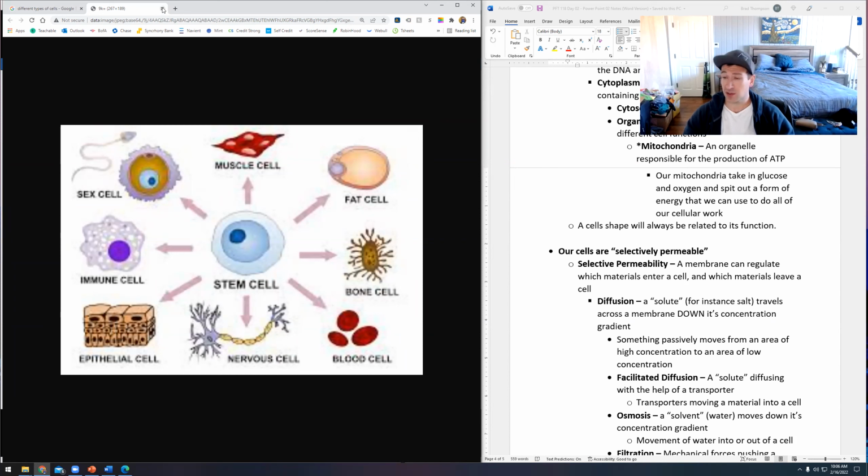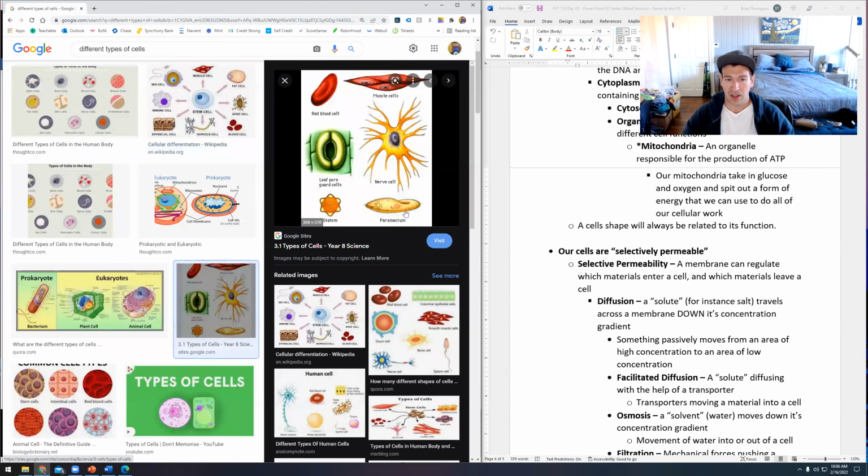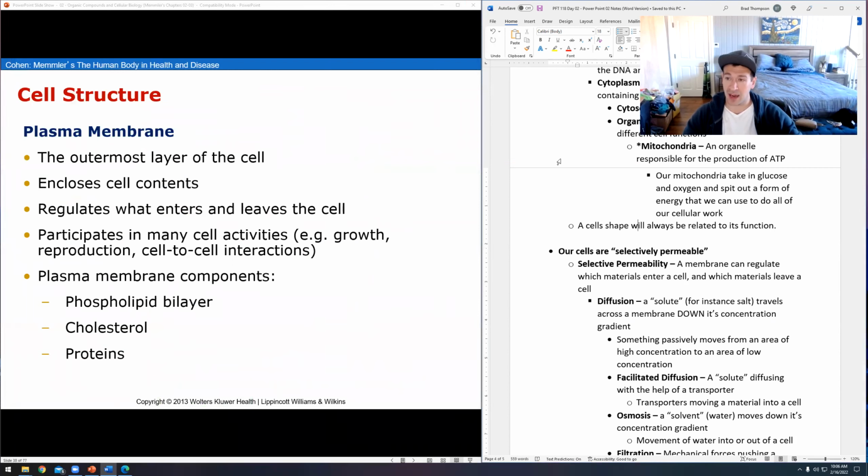Epithelial cells are your skin cells. Those are kind of fun because they're very stretchy. They've got extra collagen in them. They all look a little bit different from one another, right? And the reason why is because they need to have different functions. So that's what we're going to be talking about as we move through the muscular system, the nervous system, the skeletal system. We'll be looking at the different shapes there.